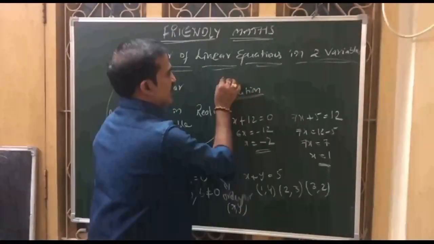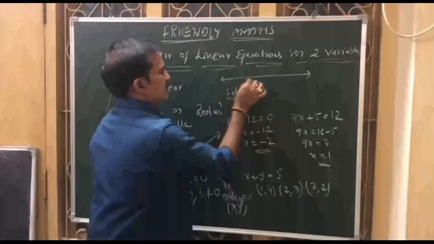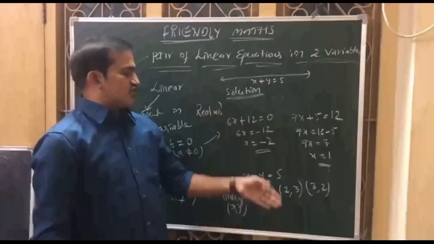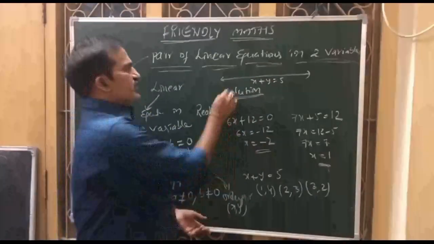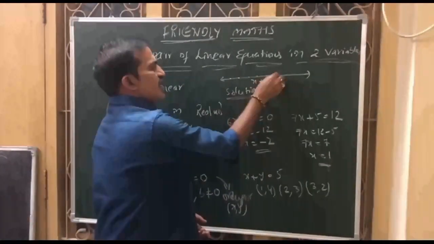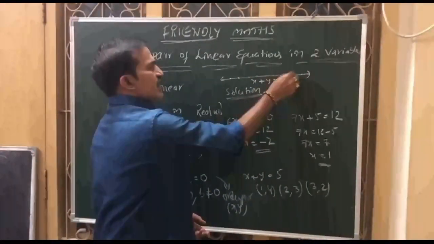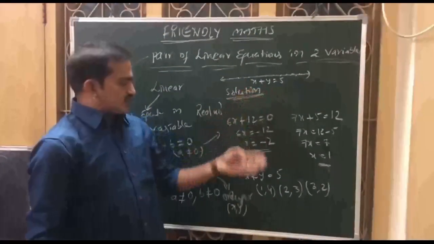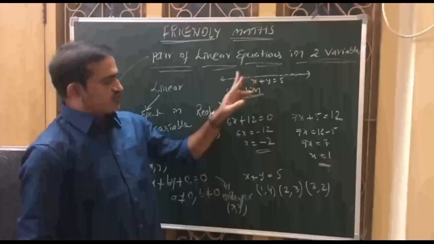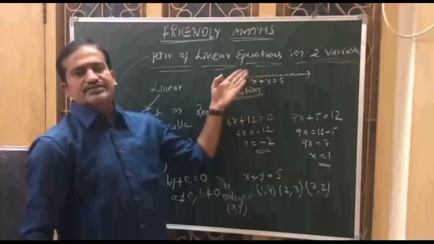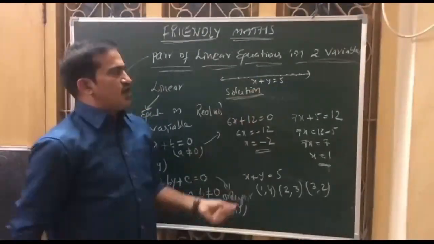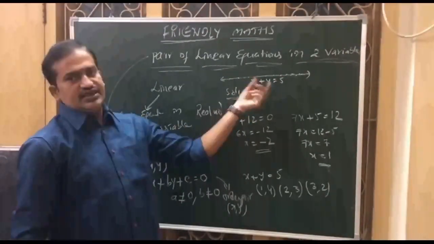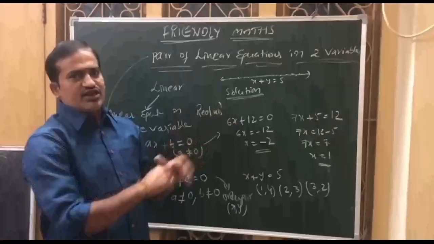Means x plus y represents a line, it is a linear equation. The graphical representation of a linear equation is a line. Then every point which lies on the line is a solution of this particular linear equation. Now for x plus y, (1, 4) lies on this line, (2, 3) too. The line contains infinitely many points. So infinitely many solutions can exist for a single line. But now this is not our topic.